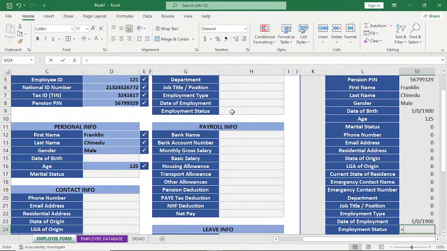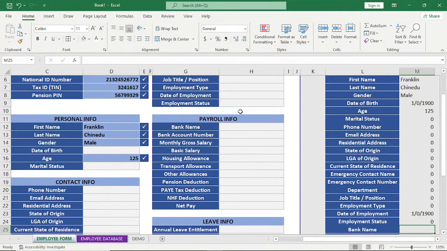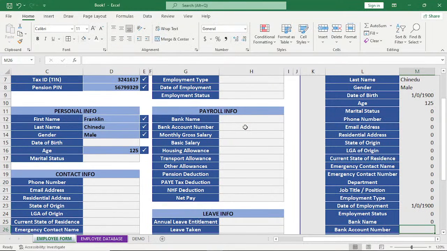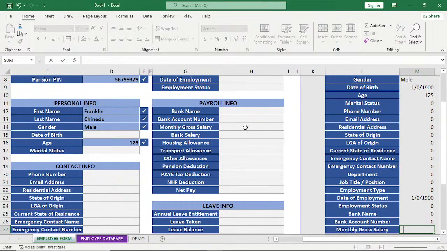Employment status, this, enter, and then bank name equals to, enter account number, enter equals gross salary, enter equals